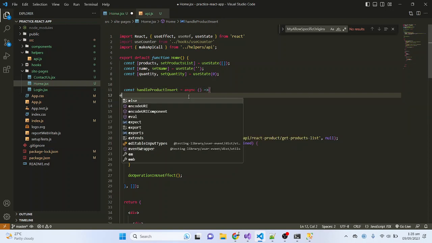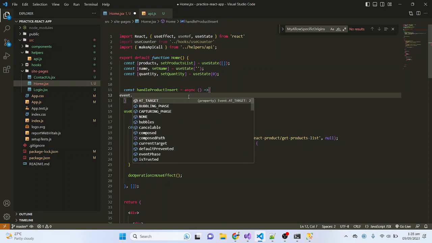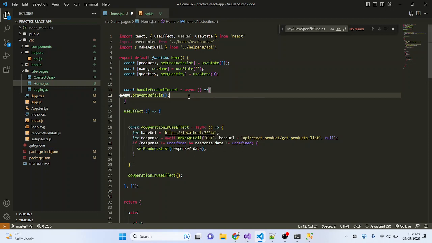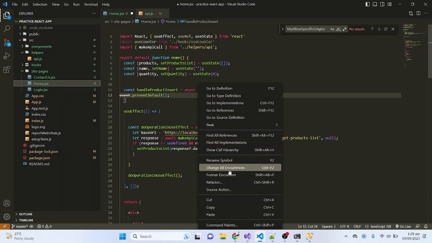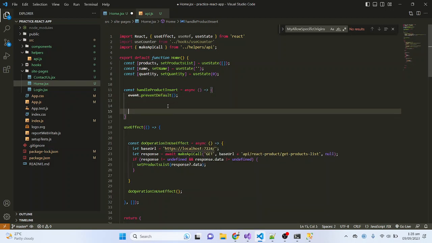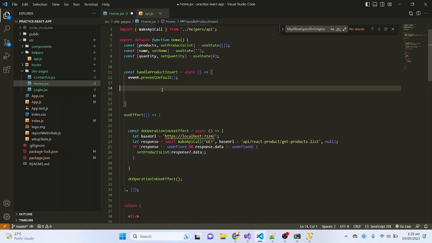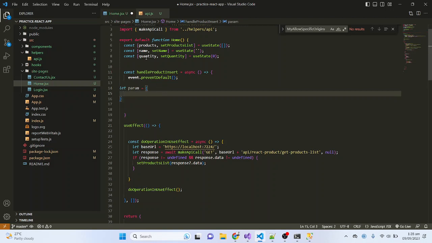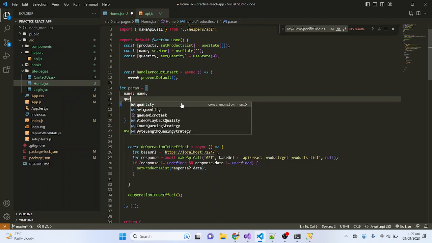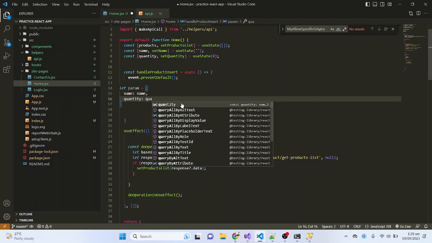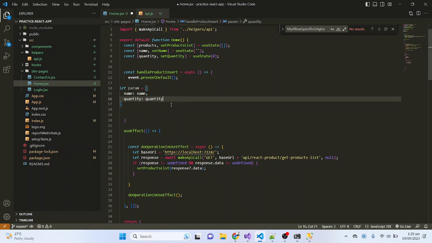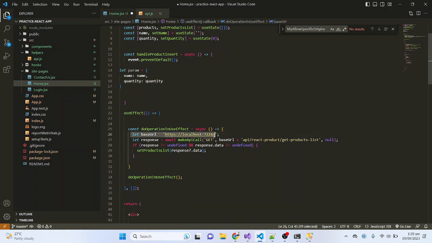Let me first here event dot prevent default. Okay, format the document, and here I will declare a param. Let param is equal to name should be name. Okay, and quantity should be quantity. Okay, and here let me define the base URL,